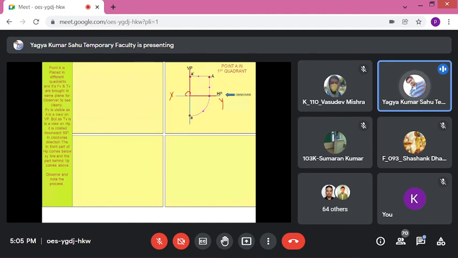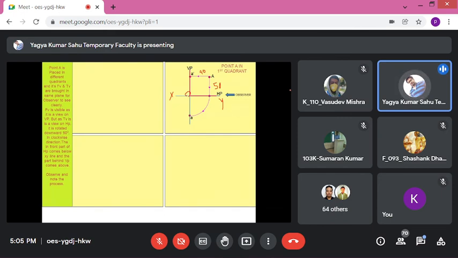And I am giving you a question directly. The point is, say, 40 mm and 50 mm. What is the meaning of 40 and 50? Anyone? The point A is 40 mm in front of VP and 50 mm above XY. Draw the projection of point A. This is the question, a clear-cut question.